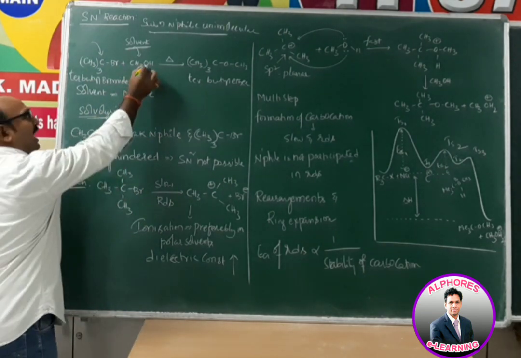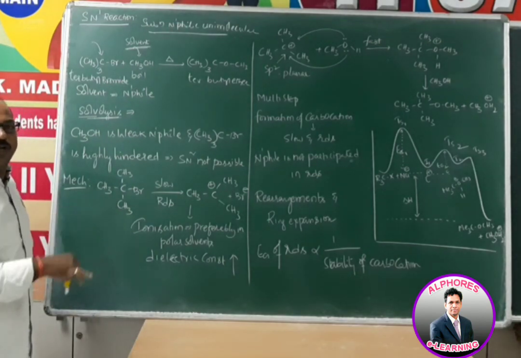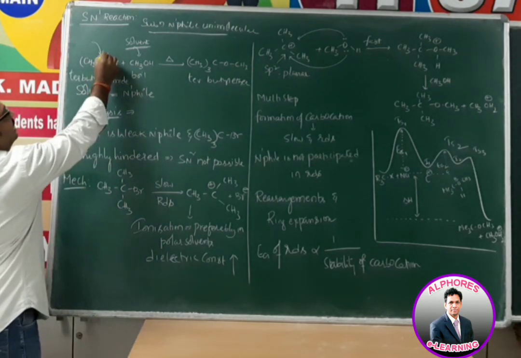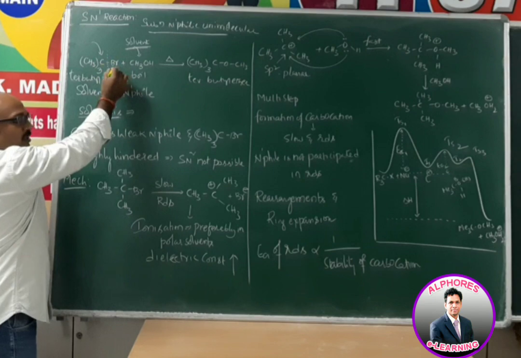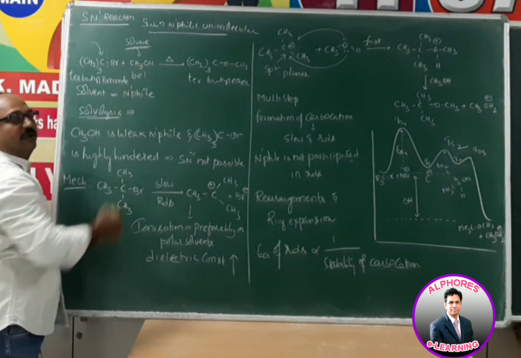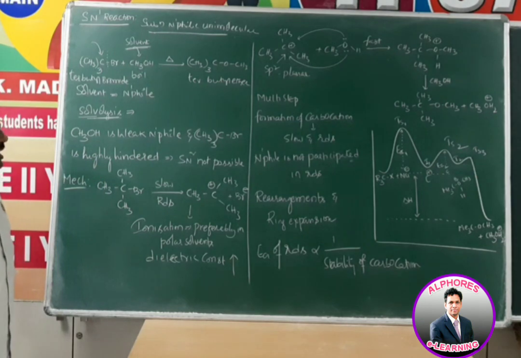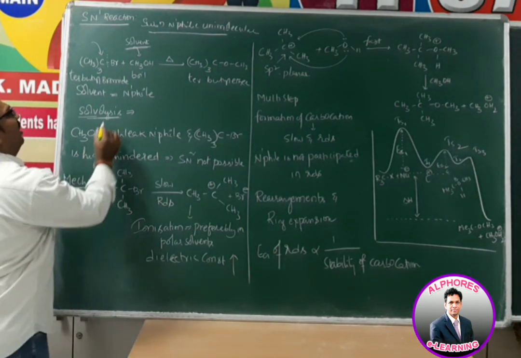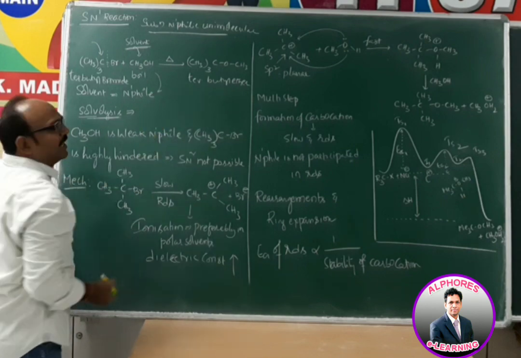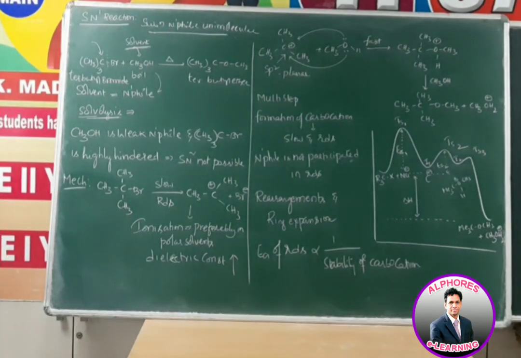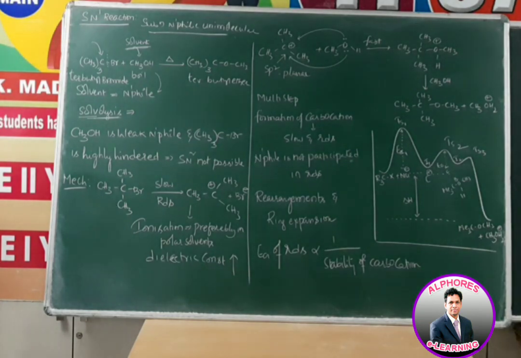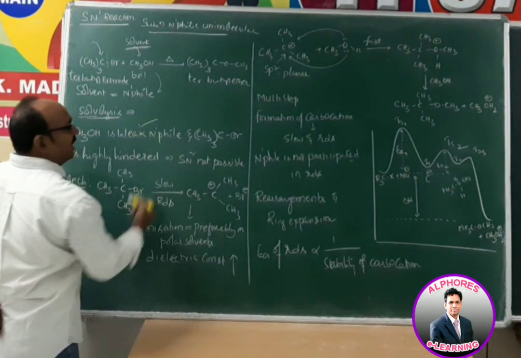Methyl alcohol acts as solvent, and which bond is going to break? The C-Br bond breaking takes place here. That means the bond between carbon and leaving group will be broken in the presence of solvent methyl alcohol. But methyl alcohol here acts as a nucleophile. But in the previous session we discussed that methyl alcohol is a weak nucleophile and methoxide ion is a strong nucleophile. Yes, obviously methyl alcohol is a weak nucleophile.